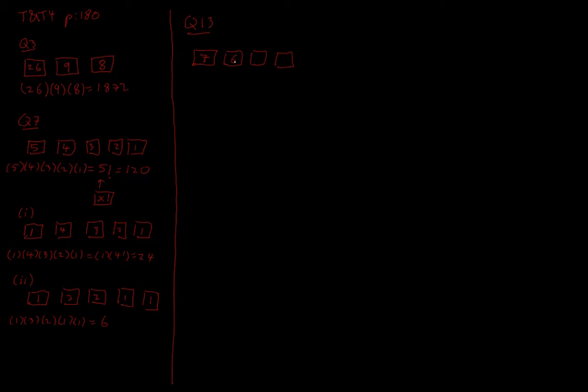And then we'll have 6 books we can choose from, and 5 books we can choose from, and 4 books we can choose from. So that's how many options we have. We have 4 spaces on our shelf, and we have 7 books. So we have 7 books to choose from for the first space, 6 for the second, 5 for the third, and 4 for the fourth. And if we write that out, we have 7 by 6 by 5 by 4. Now this almost looks like 7 factorial, but we've gotten rid of 3 by 2 by 1. So I can put that into my calculator, and I'm going to work out that there are 840 ways of doing this,